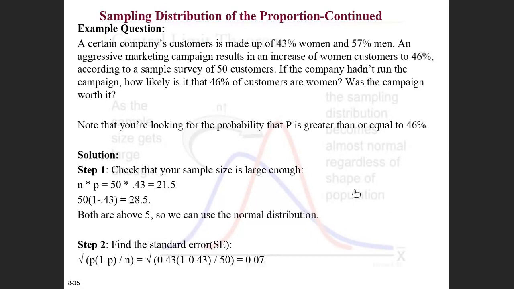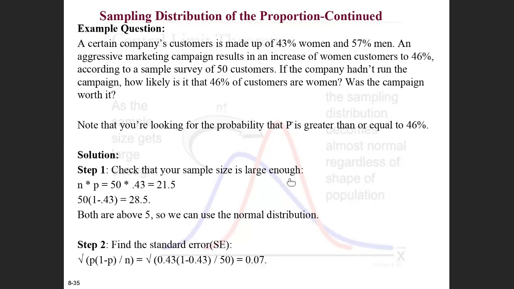Well, we don't have the amount of money that was spent on the campaign, so we can't distinguish that. We want to distinguish when it went from 43% up to 46%, was it worth that effort? So you're looking for the probability that P-bar is greater than or equal to 46%. So step one,